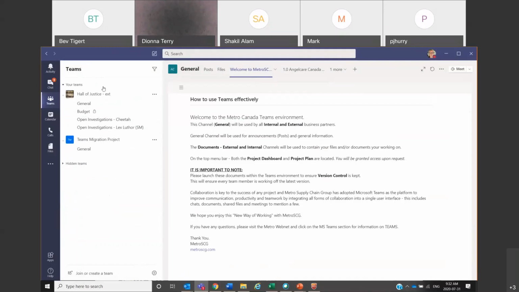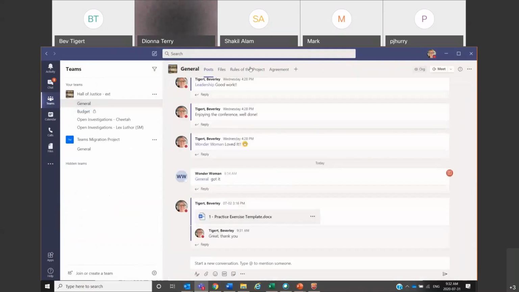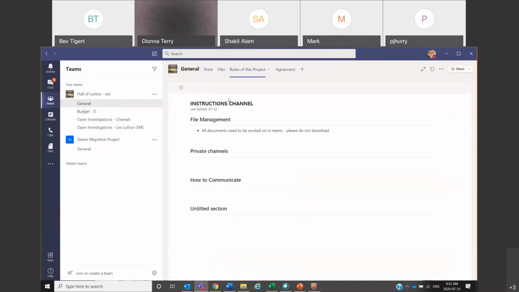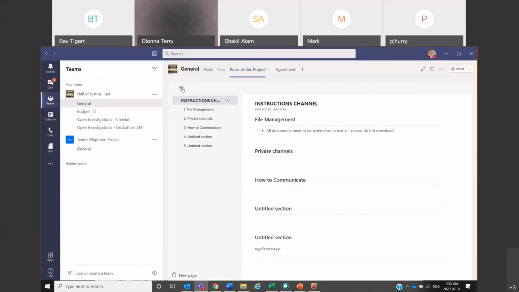It's kind of, I think, a best practice really, especially when you have many players. So for me, I just made a pretend one, rules of the project, and then you can see I can add sections, title sections, write all your content. Over here, this little sandwich icon, I just open it up, and then it gives me a little bit of a menu that I can go back and forward to. You can see here, I've got more options, move up, move down, or delete these sections.